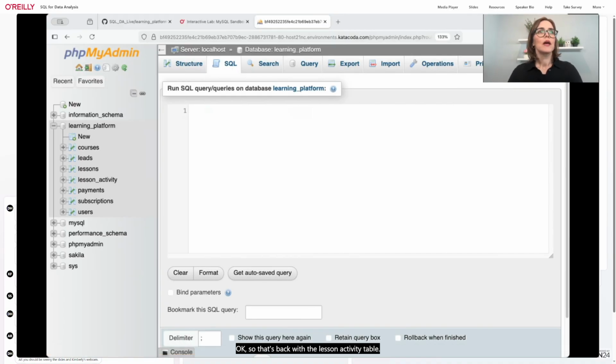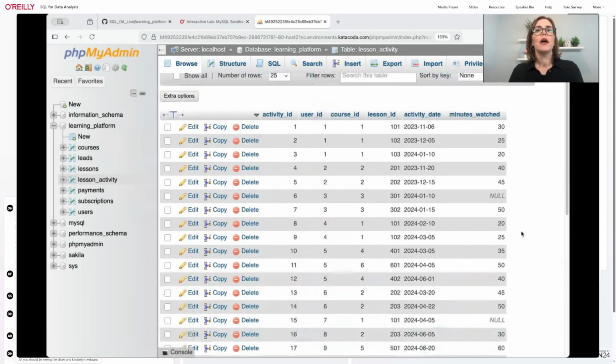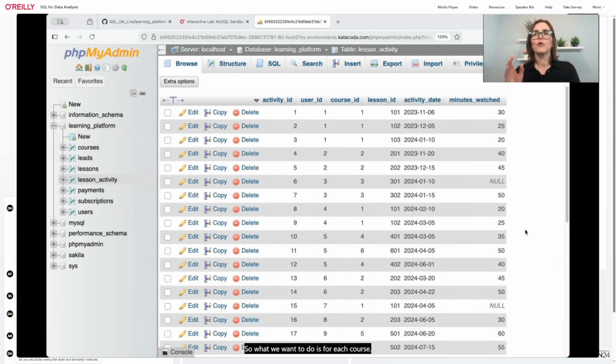Okay, so that's back with the lesson activity table. Let me show you that one again. It's been a little while. So what we want to do is for each course, so let's say this is course number 1. I think that's SQL Basics if I remember correctly, but whatever course that happens to be. There are various different lessons within this, and there are also different minutes watched